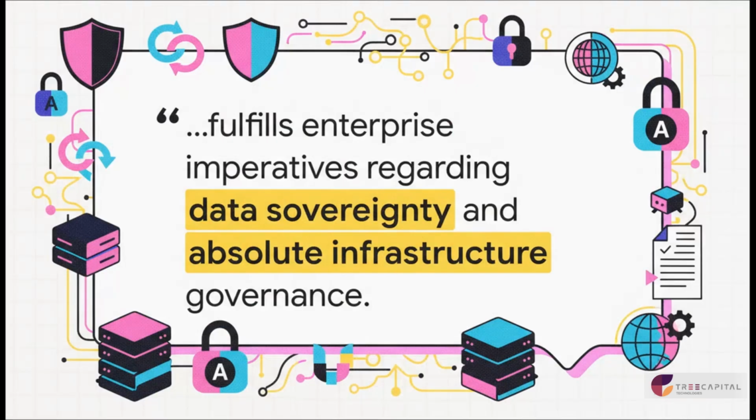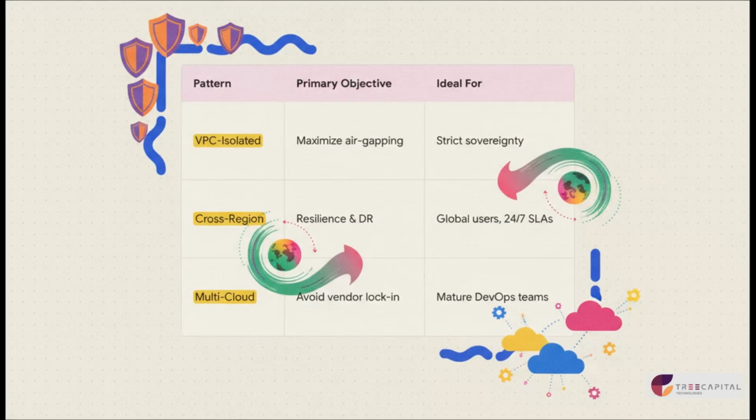And speaking of trust, where does this all actually live? This is a huge deal for any enterprise. This quote really just nails it. It's all about data sovereignty, meeting regulations, and having absolute governance. The bottom line is your data never, ever has to leave your control. And then Anvin gives you actual blueprints to make this a reality.